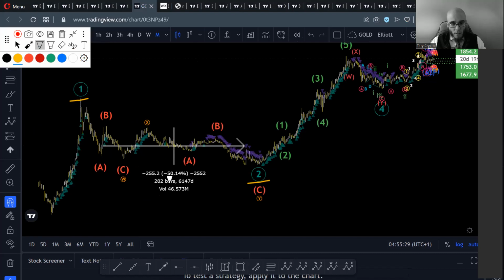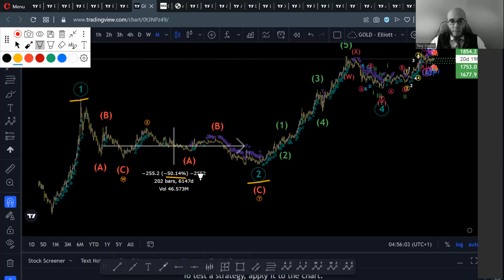And it was a deep correction, 50%, 15.14%. So even on gold, you get huge corrections and very long corrections. Because 50%, that's a lot. On Bitcoin, you make 89% corrections, and on gold, you make 50% per correction. By that, I mean that whatever market you will use, you will get huge corrections and huge drawdowns, and they